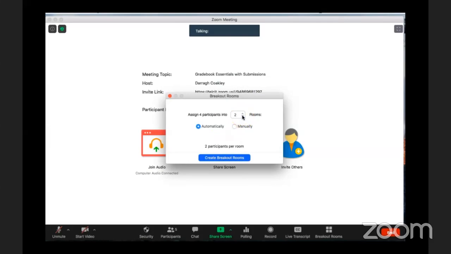If I want them to just work in one group, I can select one room, and that means 4 participants per room. If I want them to work in pairs, I can select 2 rooms, and that means 2 participants per room. So I'm just going to select the manual option for the moment, and when I press this blue create breakout